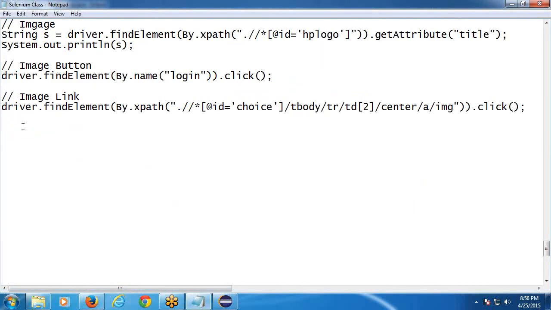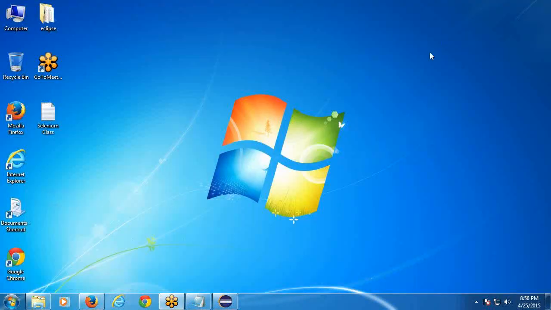See, this is about handling images. Next, tomorrow we will discuss handling web table, handling frame, and working with multiple browsers and handling span, etc. Okay. Any queries, Sridevi? No, sir. Okay, we'll